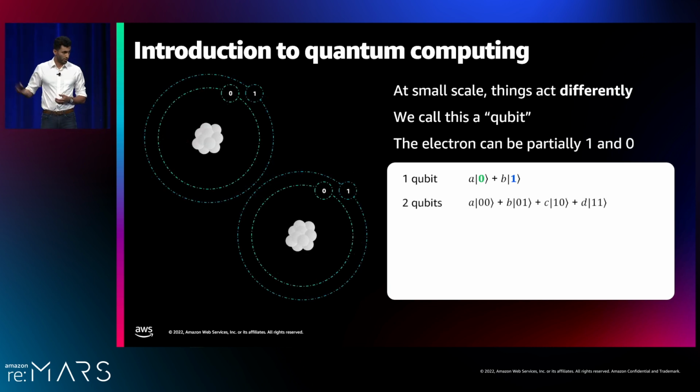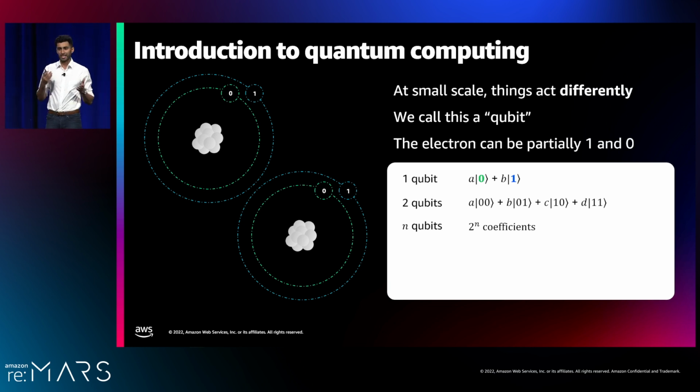Now, when you go to 2 qubits, it gets even crazier, because now you would have expected to have been able to store 2 bits of information, meaning one of 4 states: 00, 01, 10, and 11. But now that it's quantum, it can exist in some part of each of these 4 states at once. So now you have 4 complex numbers. In general, when you have n qubits, you get 2^n coefficients.